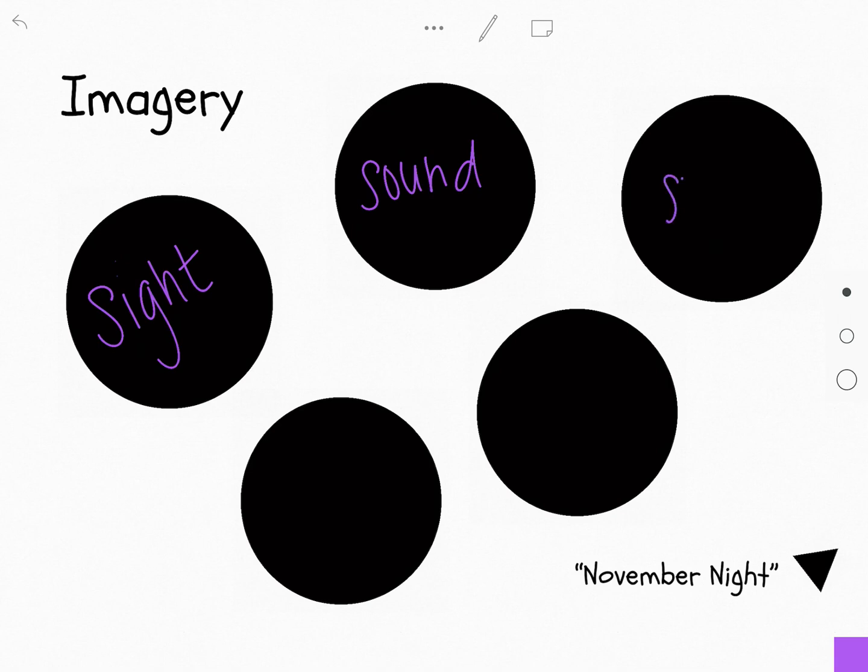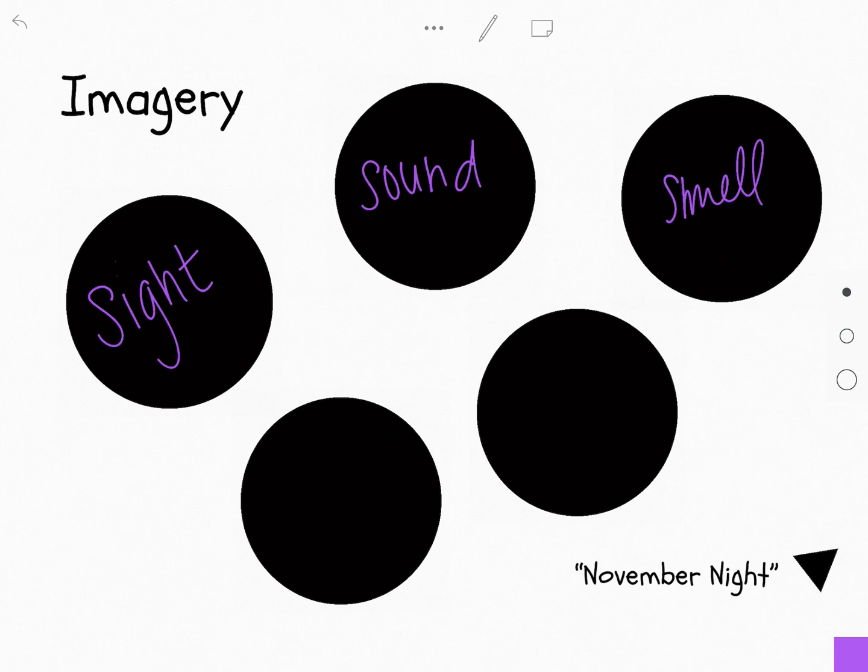The next one is smell. A little less common than maybe sight and sound, but often people can talk about the sense, especially in poetry. Poetry is jam-packed with imagery. So talking about if it's something floral, how does the grass smell? How do the flowers smell? Sometimes a poem is trying to create that sense of a decrepit old building, so they might talk about the mustiness of the air, kind of a foul smell. That would be an example of